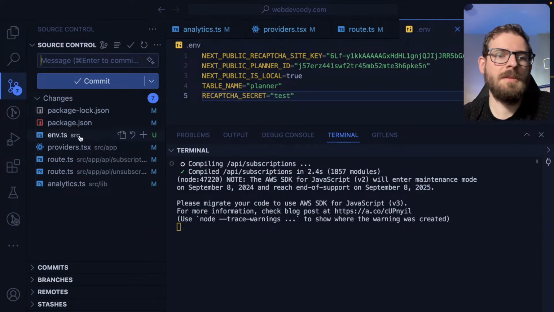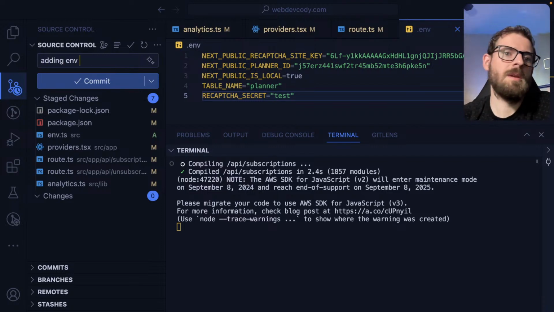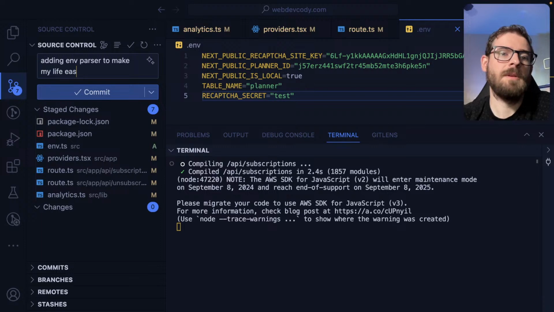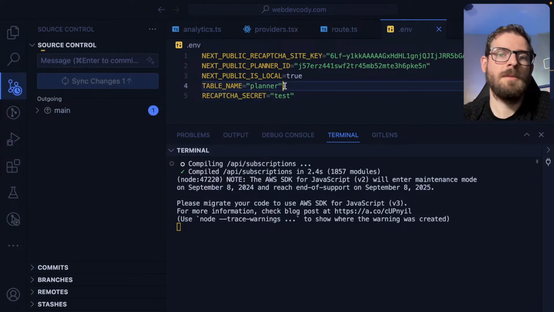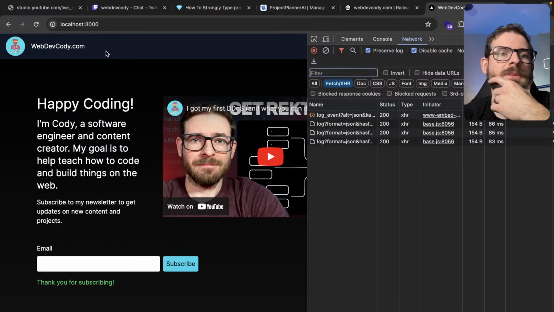Anyway, let me commit this. I think we're good. I'll just go ahead and say adding env parser to make my life easy. Probably some more stuff I want to fix on this, but